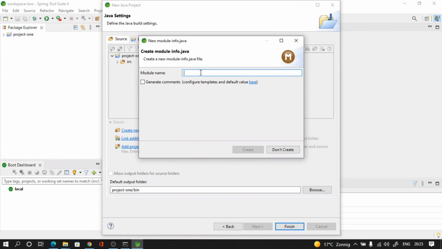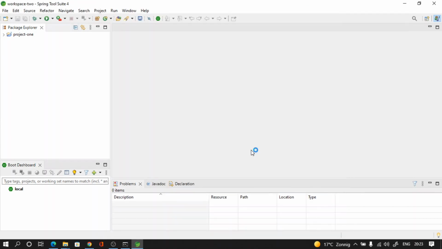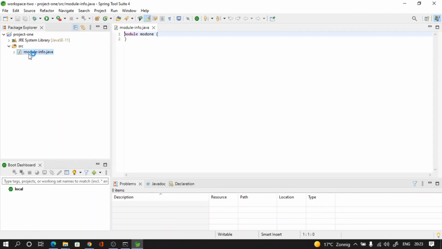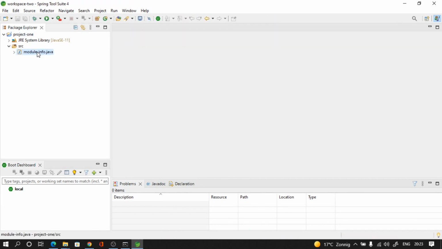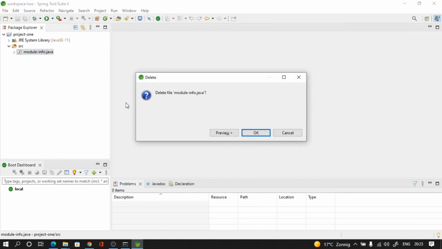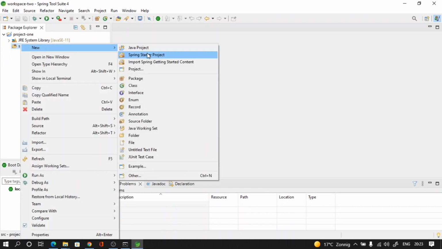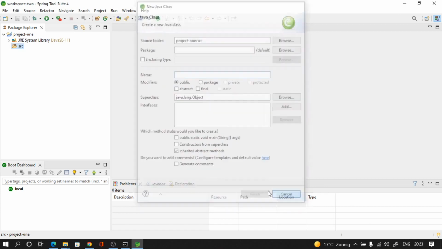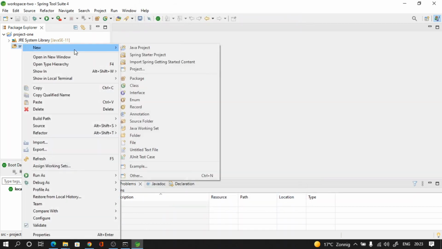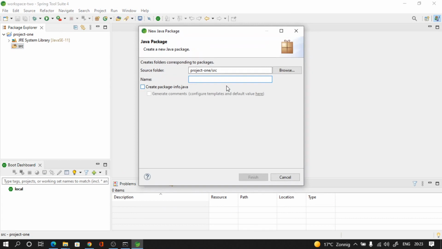So it's saying create module. So just give some module name. So mod 1. So I can get rid of this because we will create our Java project from scratch. I can even delete this. I don't want that. So now in the source, I can go ahead and say right click, new class, or I can first create a package and then I can create the class. So I can say package com dot test,